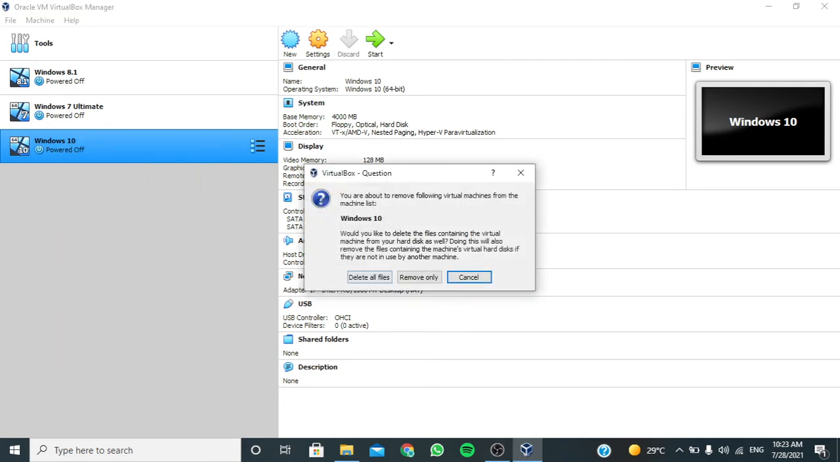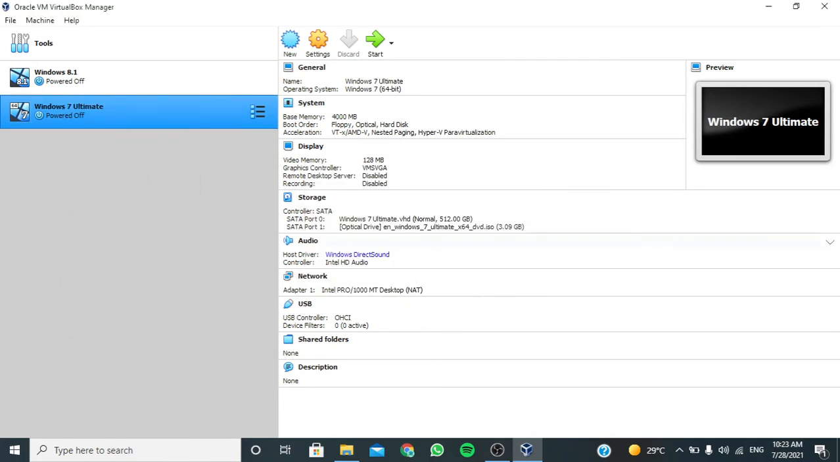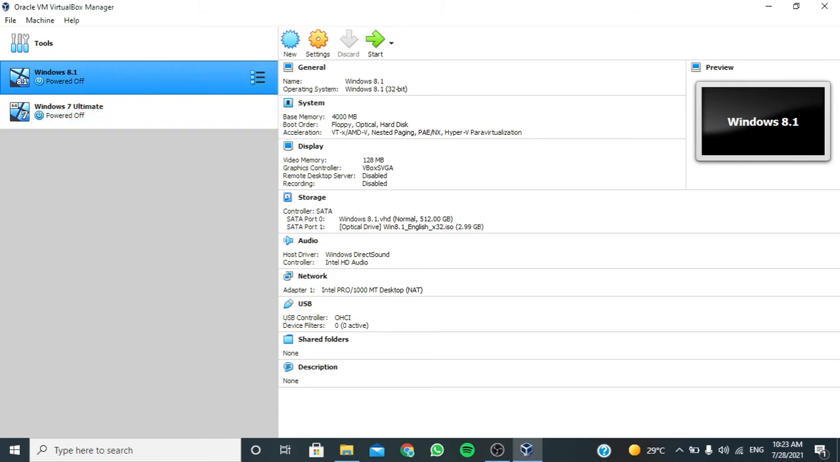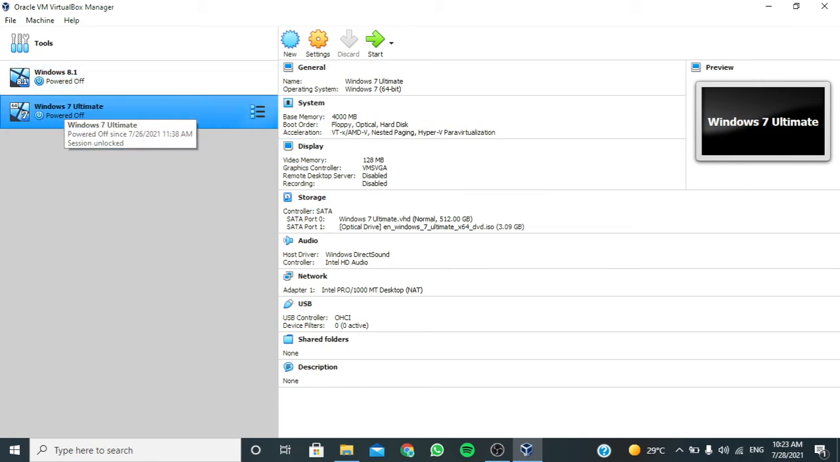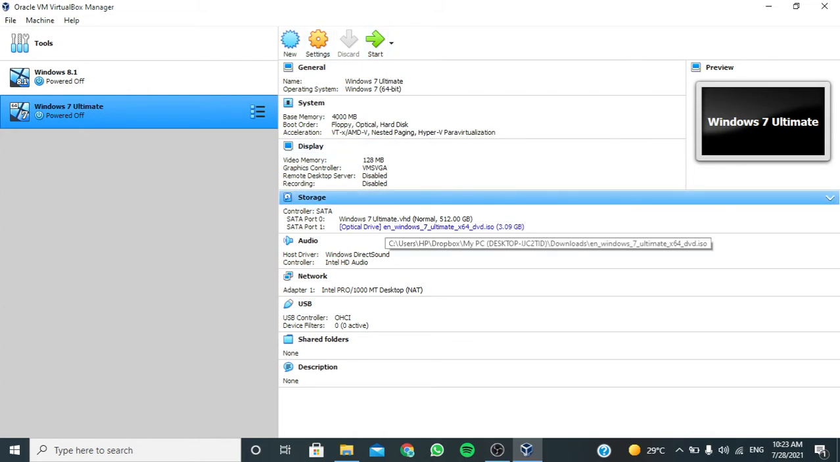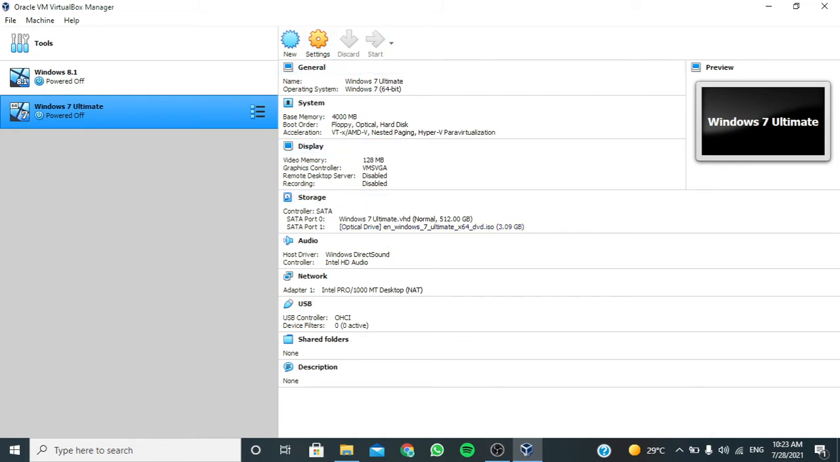Let's say, for example, I want to boot my Windows 7 Ultimate. Click on Start. Once you put in the ISO, as you can see, I already put in the ISO. Click Start,